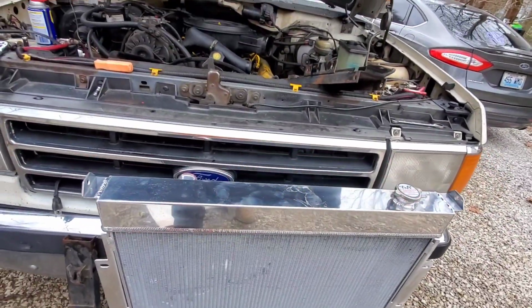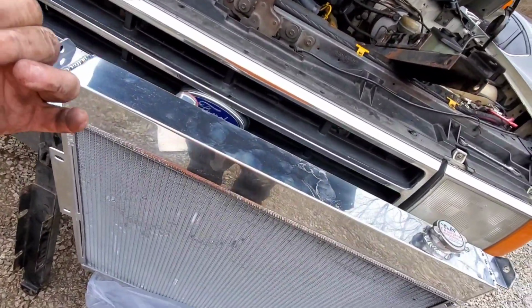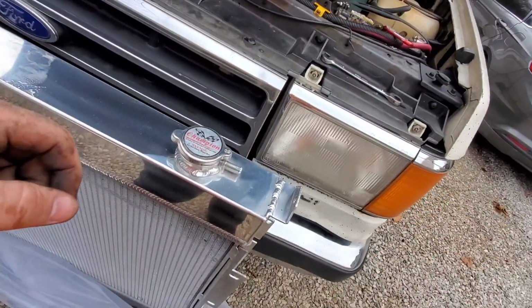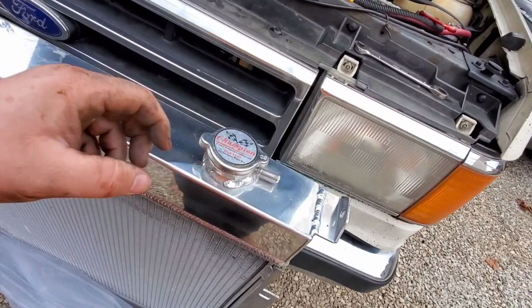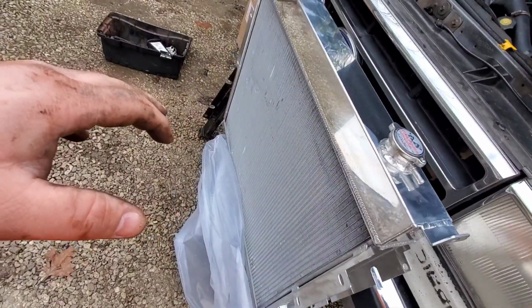All right, so the difference between the old 3-row and the new 4-row is one nice, neat, sleek top to it. Now this looks to be a tight fit, like they could have brought it up a 1/4 inch more and made it a little easier, but I can live with that. Noted that between the old